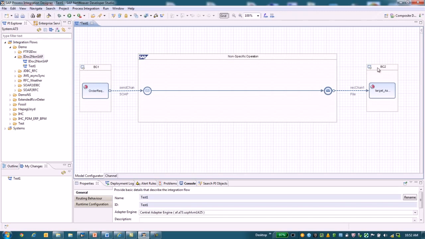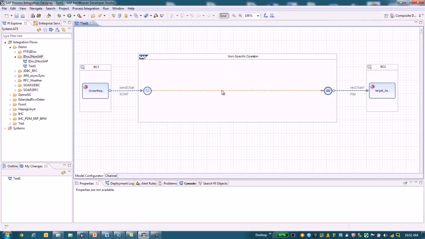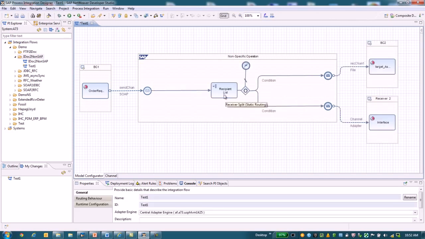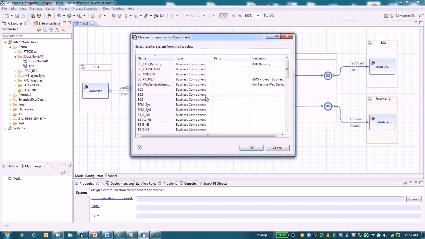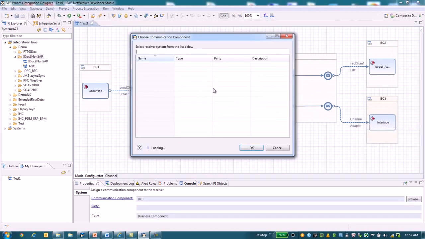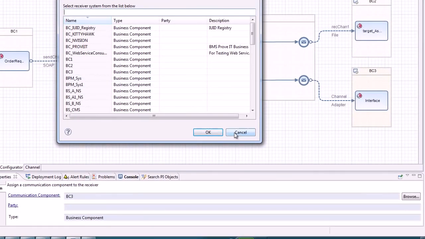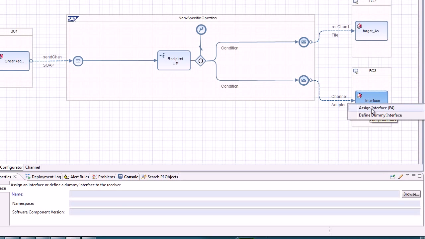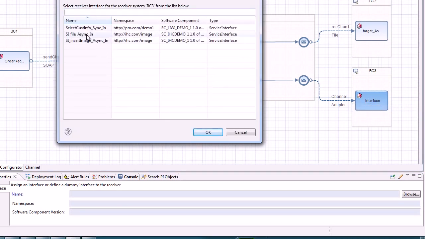And if I want to, say if I want to send it to another receiver, I can right-click here. I can say add a receiver. And now I have two different receivers, and here the receiver is undefined. I can just assign some kind of a receiver name, and again I can assign an interface. Sorry, I need to highlight it first before I do that, and maybe I want to insert. Okay,